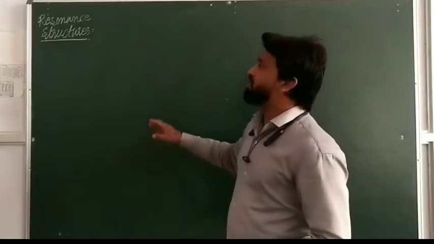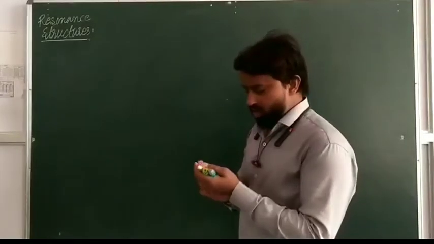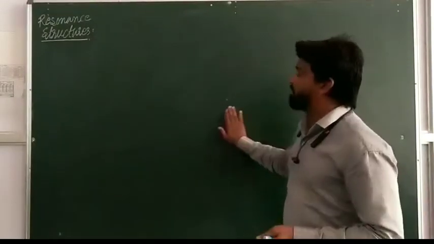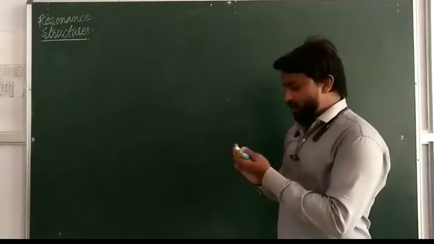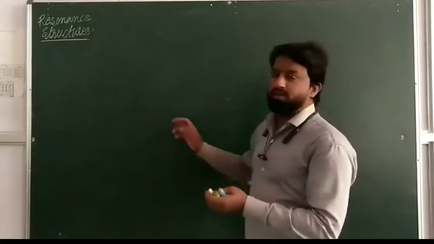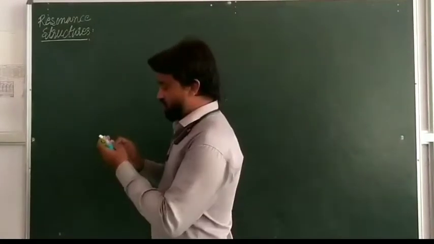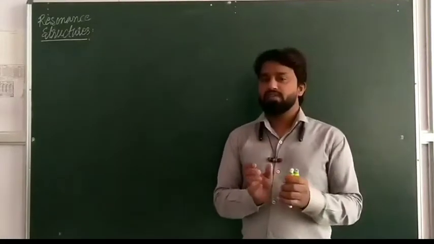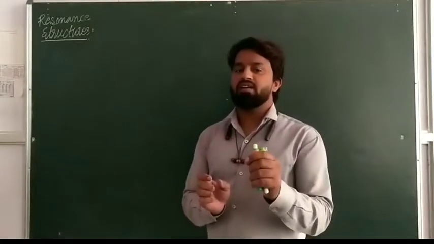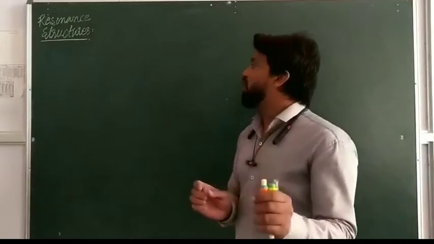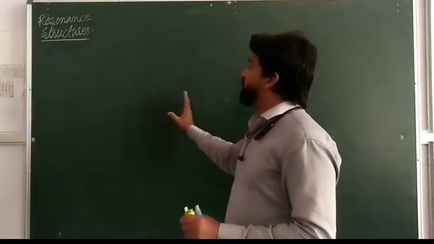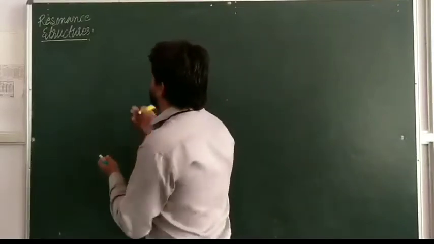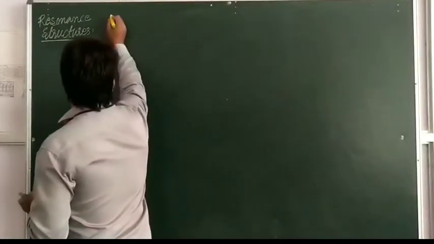In this video, we will discuss the resonance structure, using different compounds with the help of the Lewis-Dot structure. First of all, we have to define what the meaning of resonance structure is. Basically, resonance structures are a set of Lewis structures that describe delocalization of electrons in different Lewis structures.